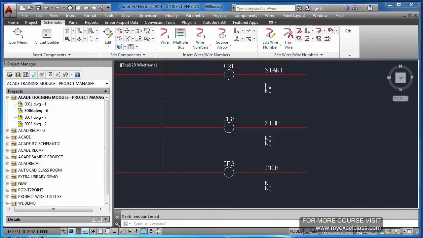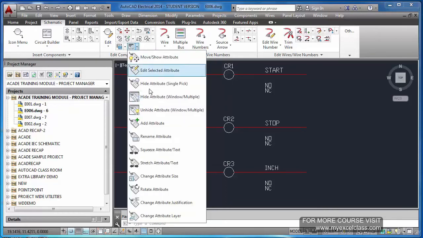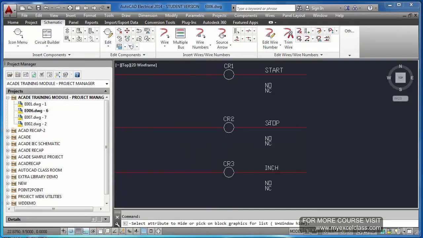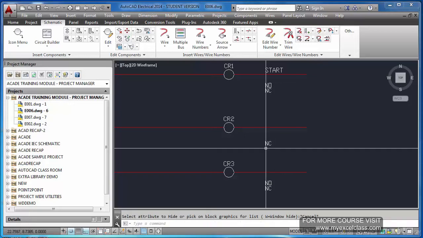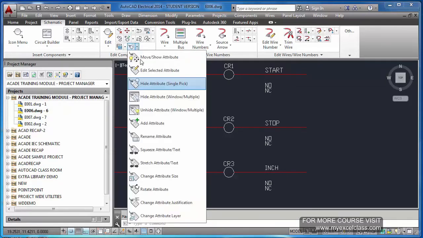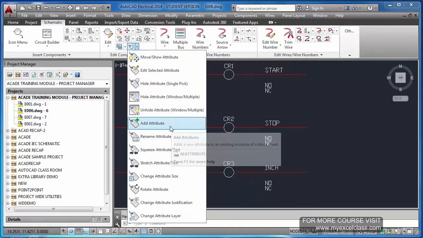Okay, so like this you will get many options here. Hide multiple, hide attribute, single pick. You go and pick individually. In this way, even this also you can hide. This is individual. So these are simple things. You can very much read from what is written here. Stretch attribute, erase attribute, rename attribute.